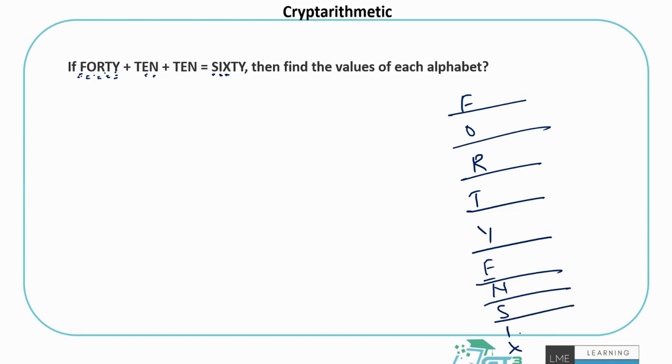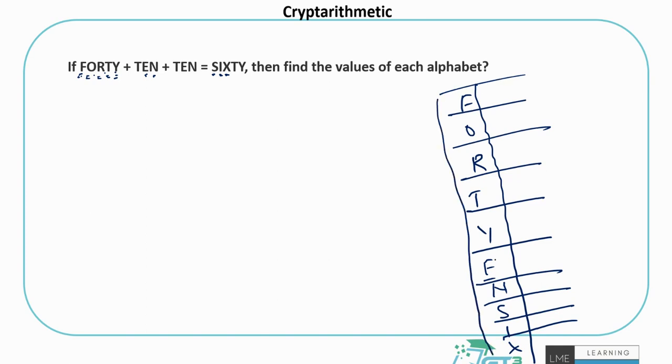There are 10 alphabets and we know there are only 10 digits in the entire game. So you just got to map each one to something, right? 0 to 9 should be mapped to these. Once we are done with it, then the question is done. That's why it's asking for values for each. They could ask for a specific alphabet only, I'm just doing it for all.